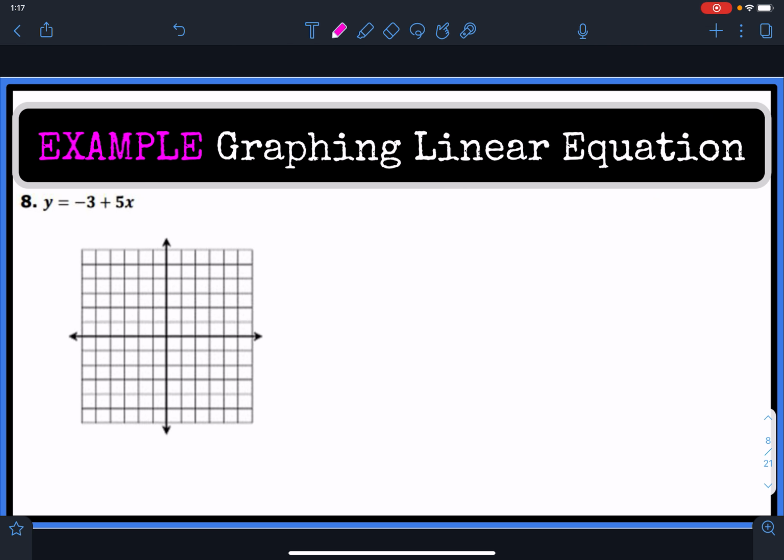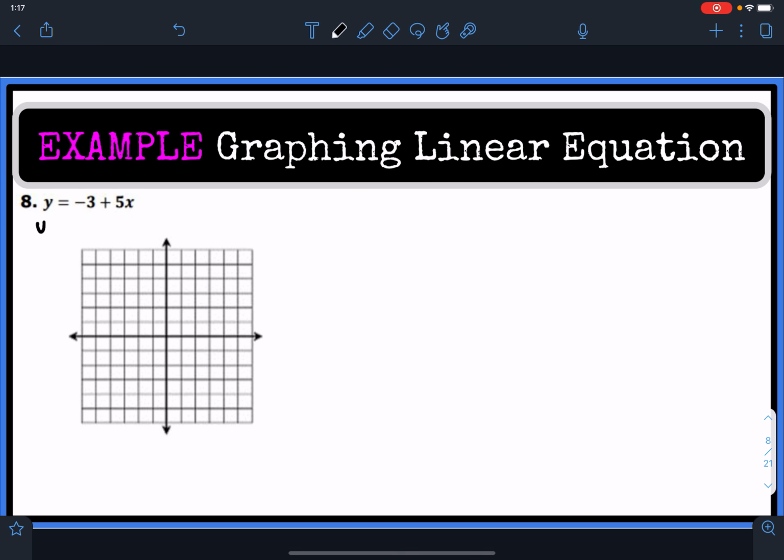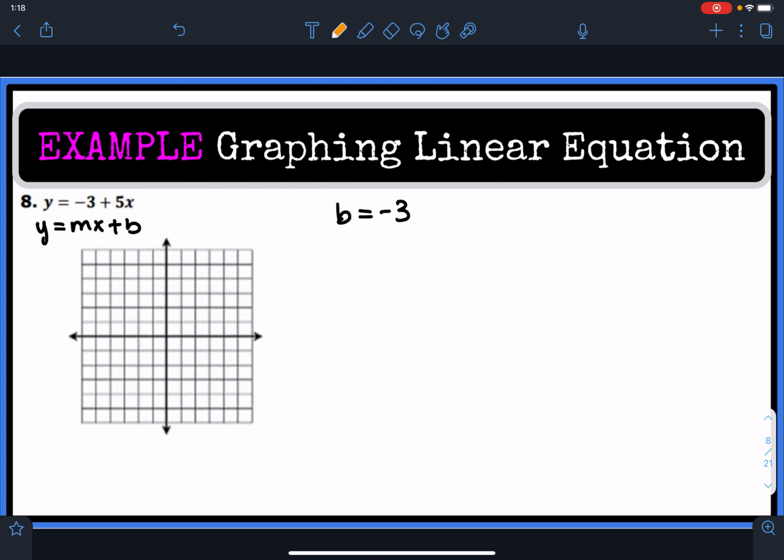For number 8, notice that our equation is written backwards. Normally it's y is equal to mx plus b. Notice that the term with the x is now in the back, and the b, the constant, is now in the front. So these two did a little switcheroo, where our y-intercept is going to be the number negative 3, which is located on the y-axis 3 units down,